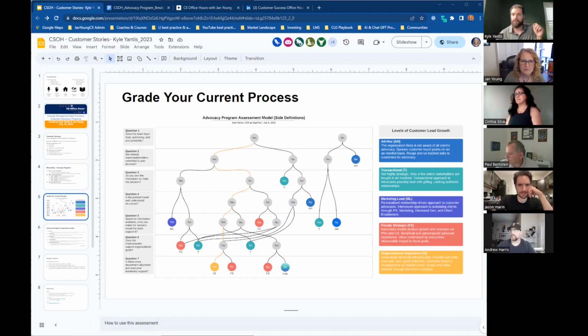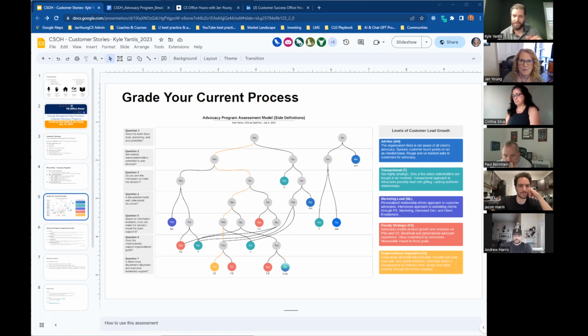So a reference request process. As CSMs, you all probably are getting pinged consistently from all kinds of angles. Hey, can I talk to X, Y, and Z customer? I really need a reference for this sales call. It might be a sales rep directly pinging you on Slack or email or text. So it can be very specific. Or you can ask yourself these same 7 questions on just the overall theory around customer advocacy and who owns your customer advocacy program. Typically, it's a customer marketer in the SaaS world, but you can ask yourself these 7 questions.